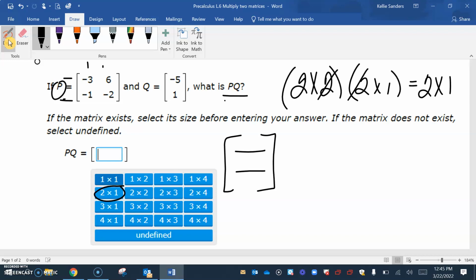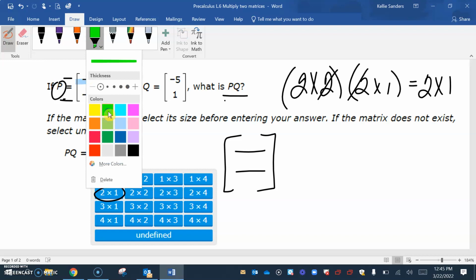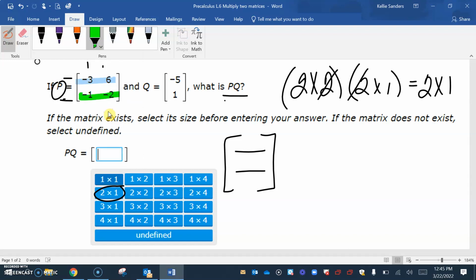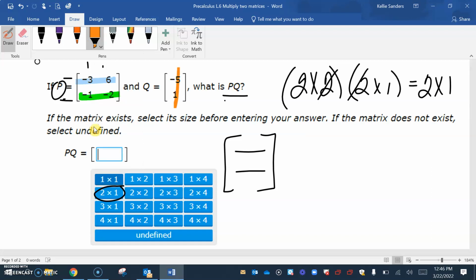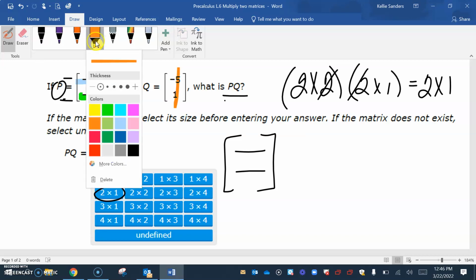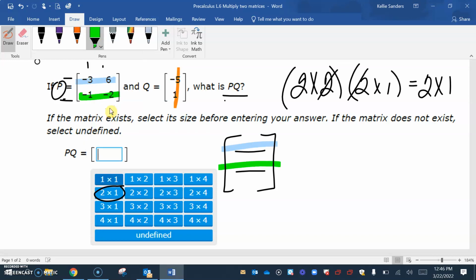Okay, so we are going to use the rows in the first matrix and the columns in the second matrix. Well, we have more than one element in each part, so this is going to take a little bit more thought. Let me do colors here again. So here's row 1, here's row 2,